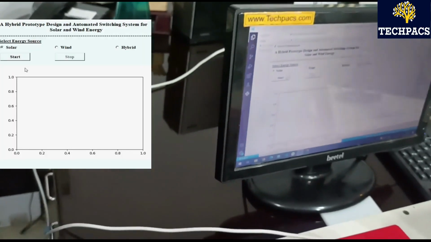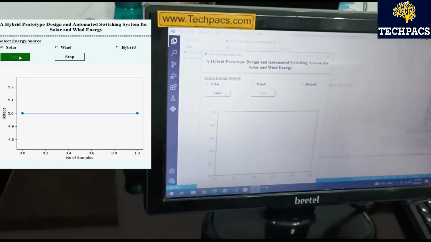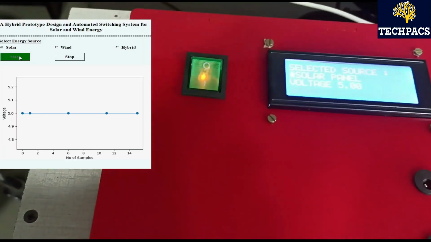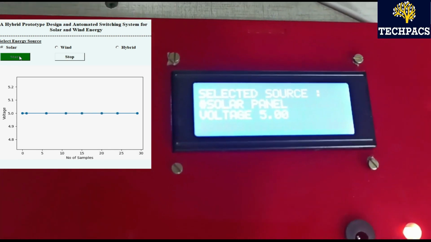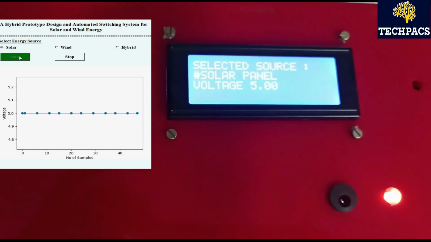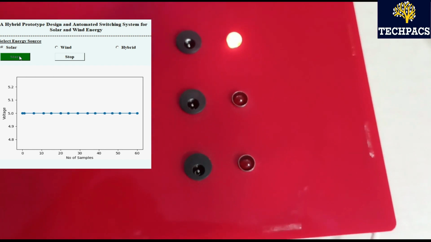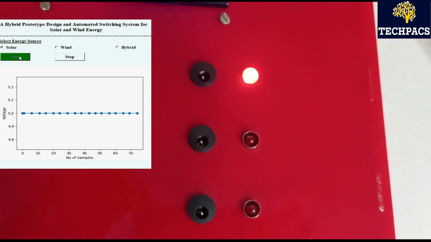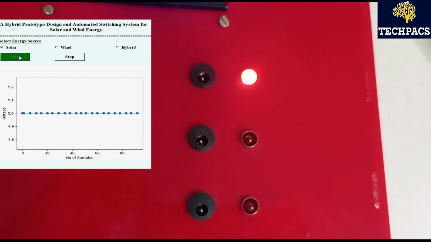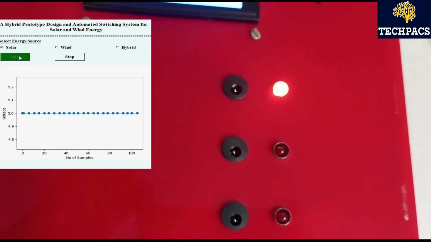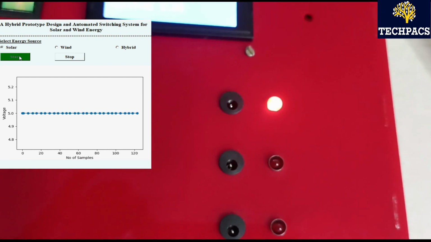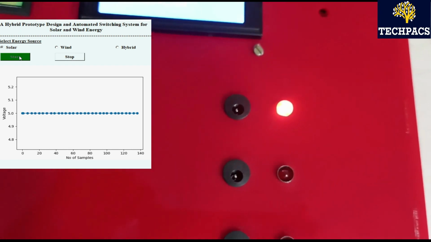so shortly you will see a graph has been plotted. The voltage that is being generated is shown here, and you can see the corresponding LED has started lighting up. This is the output of energy generated from the solar panel.